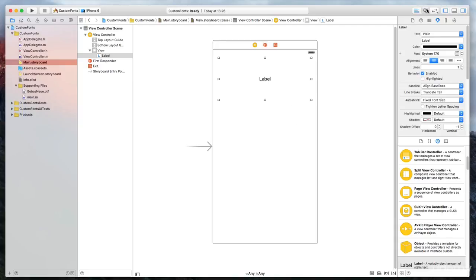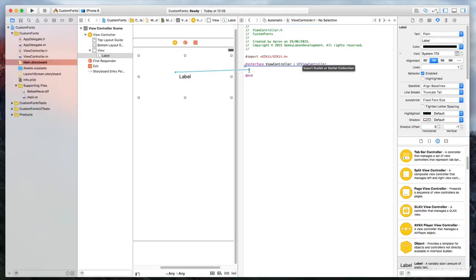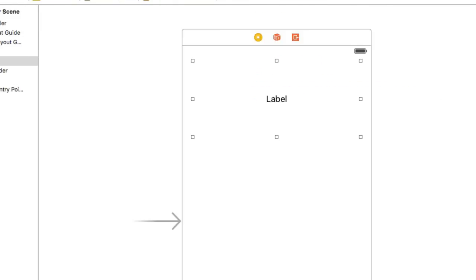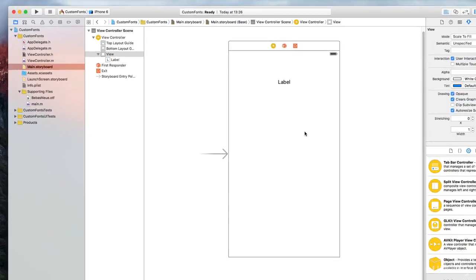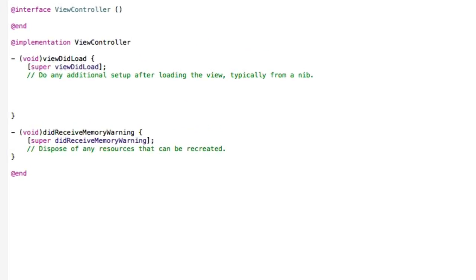So what we're going to do then is quickly create an outlet for our label. So make sure we're on our .h and drag and drop in our label there. Simply name it label. There we go. So very similarly to how we added in our font, new font and size within our previous lecture, we're going to be doing the same thing. But this time we're going to be doing it within our viewDidLoad. So just after our [super viewDidLoad] there,